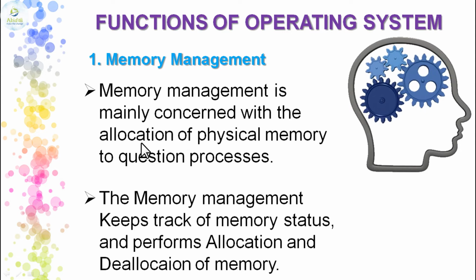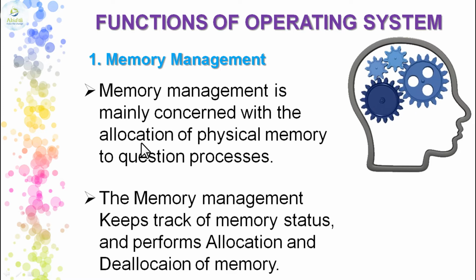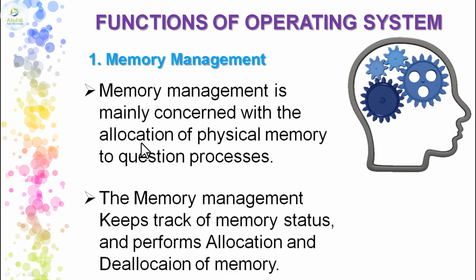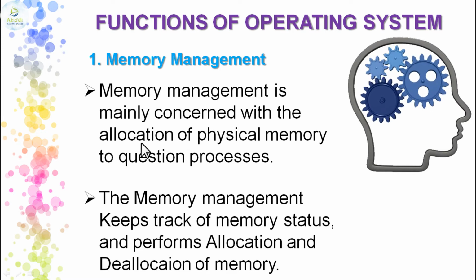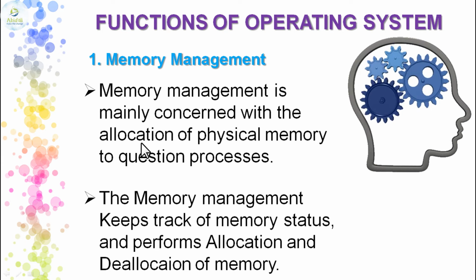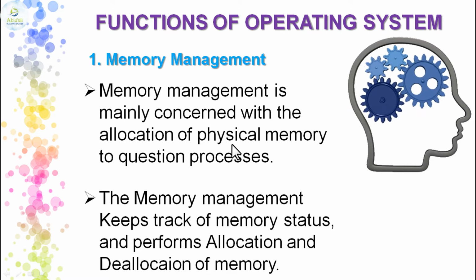Whenever you perform a certain operation, this operation needs a certain memory area where it has to get stored. Like when some special event happens in your life, you will have the memory in your brain. Similarly, when you watch a series or a movie, you will have all the sequences of the movie in your brain. That means the brain has allocated some memory for the visual, audio and written format. That is called allocation of memory.